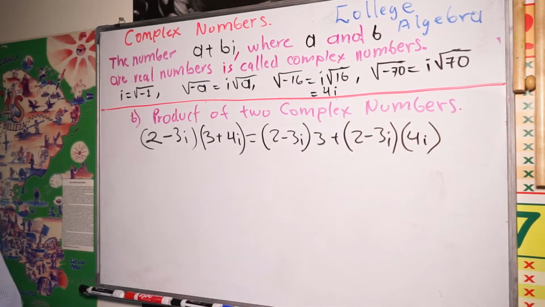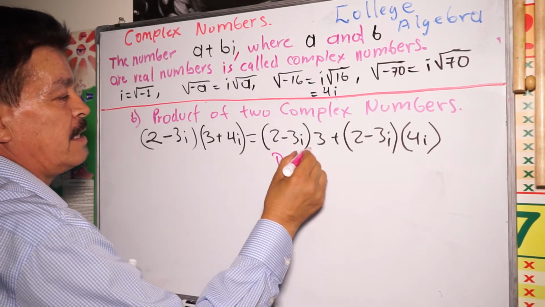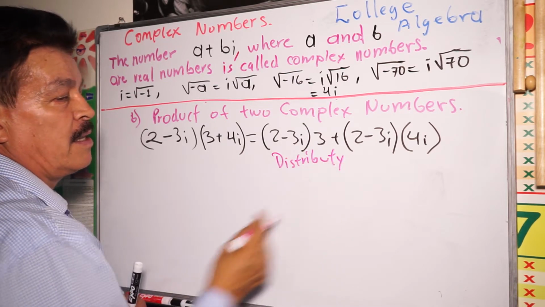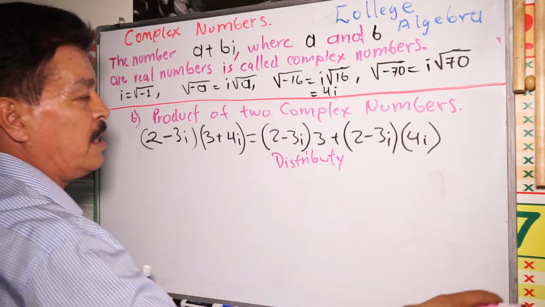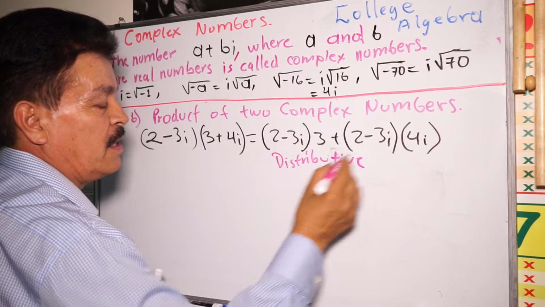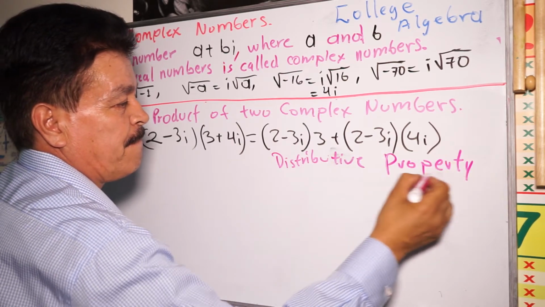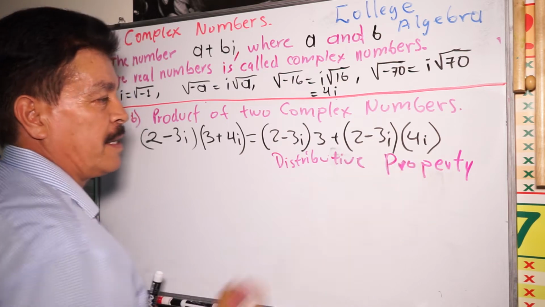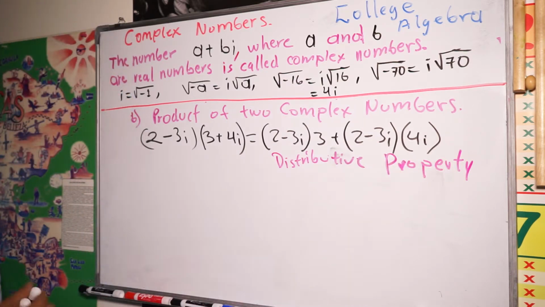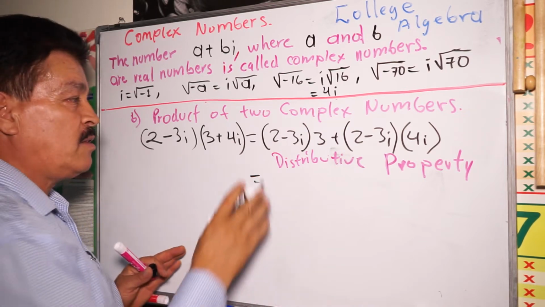We apply it by distributing, the distributive property. Okay, this is a property, the distributive property. Now simplify. If you simplify, we're going to have